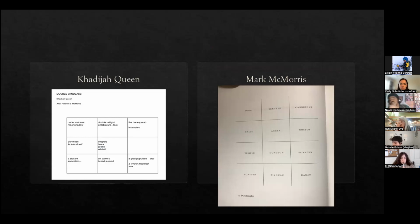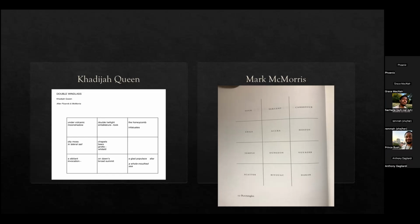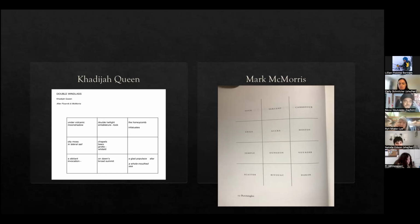amazing poet who has the book Anodyne, where this poem is in Double Wind Glass. And in Anodyne, she has a few grid poems, but obviously you see in the squares, she uses many words. So in this one, she has: under volcanic moon shadow, double twilight, entablature, took the honeycomb, infatuates, city moss, in lateral sail, chapels, bees, grotto, whitelit, a sibilant invocation on dawn's broad summit, a glad populace afar, a